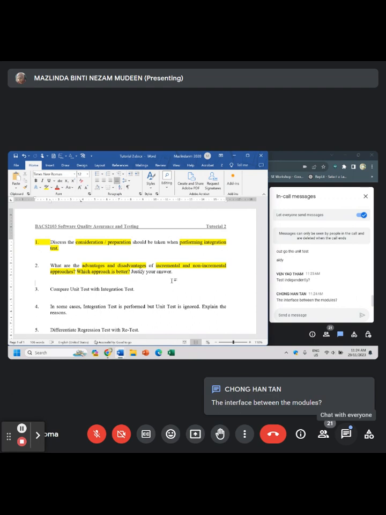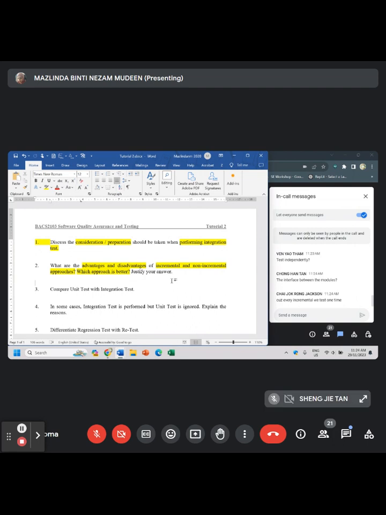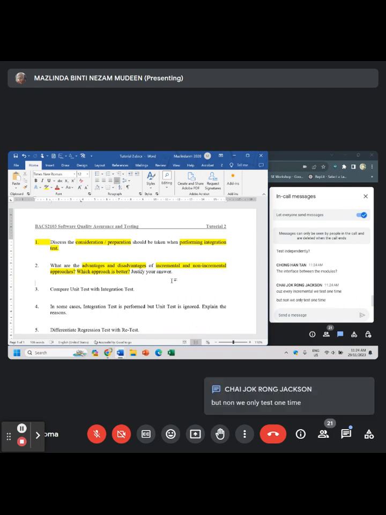Unit test means the module has been tested earlier, before we want to do integration. Remember, just now under question one, we said that we need to make sure the unit test has been conducted. So we are not doing it during the integration test, but it should be done earlier. Now the same modules which have gone through the unit test, we can use the incremental or the non-incremental approach. So now when we say detecting the programming error earlier, it is because